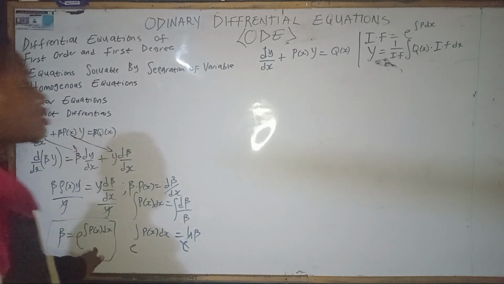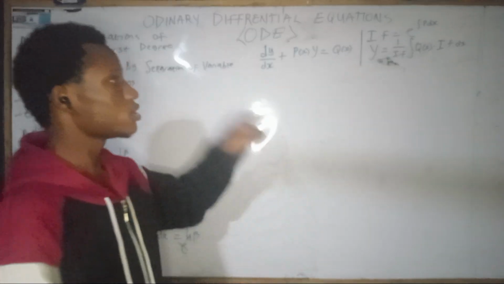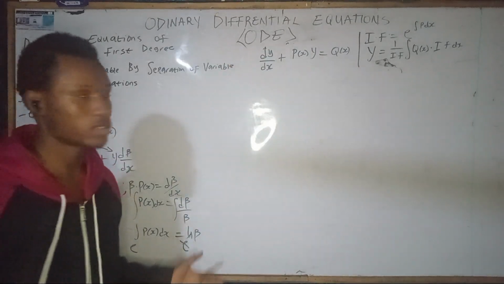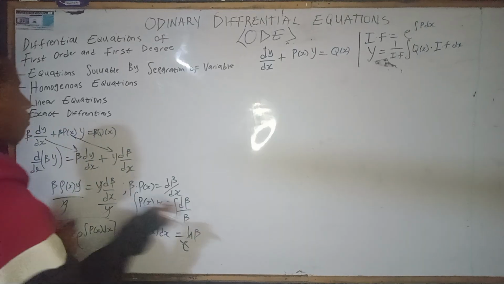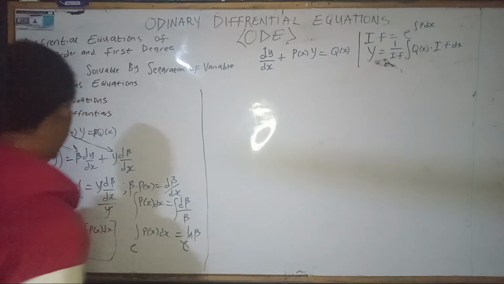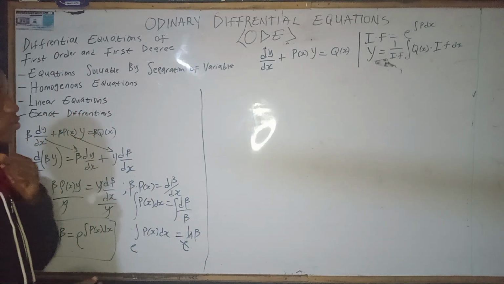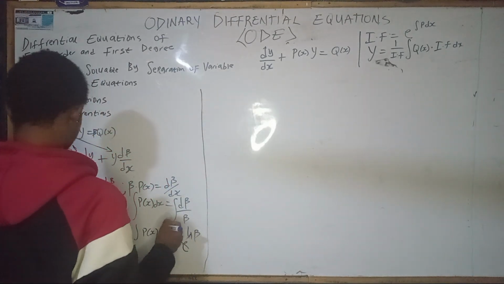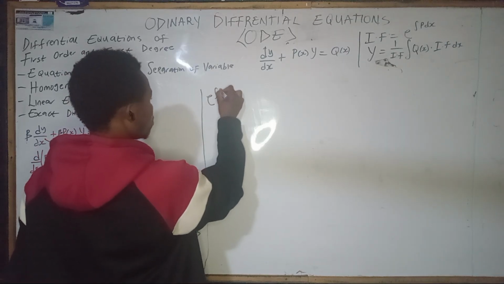So now this here is how we got our integrating factor to be e raised to the power of the integration of p dx, which is our p of x dx right here. So now that we have gotten our integrating factor, how do we solve this particular equation? First of all, as I said earlier, we multiply everything by our integrating factor in order to be able to solve it. So what we do is multiply everything by e raised to the power of the integration of p dx